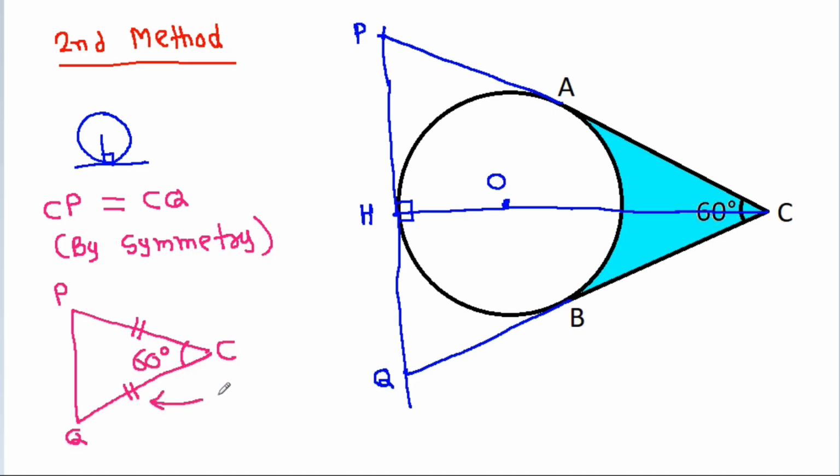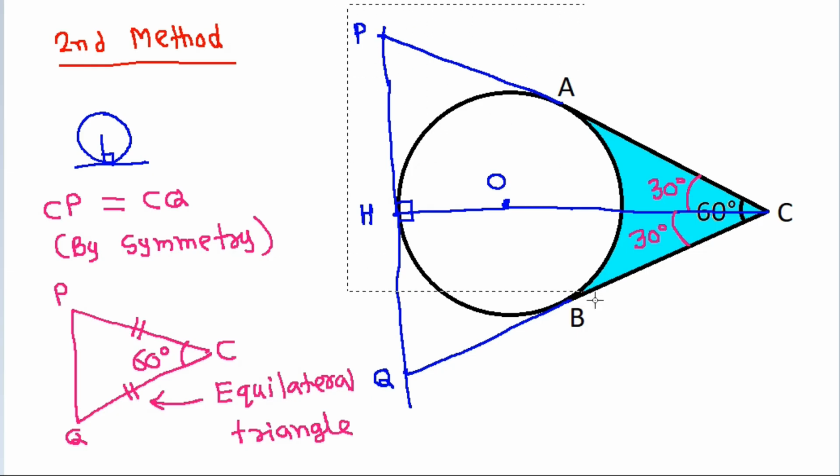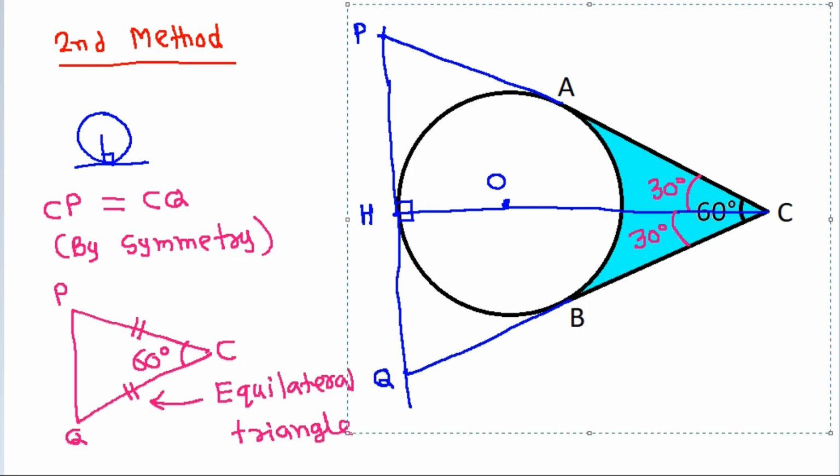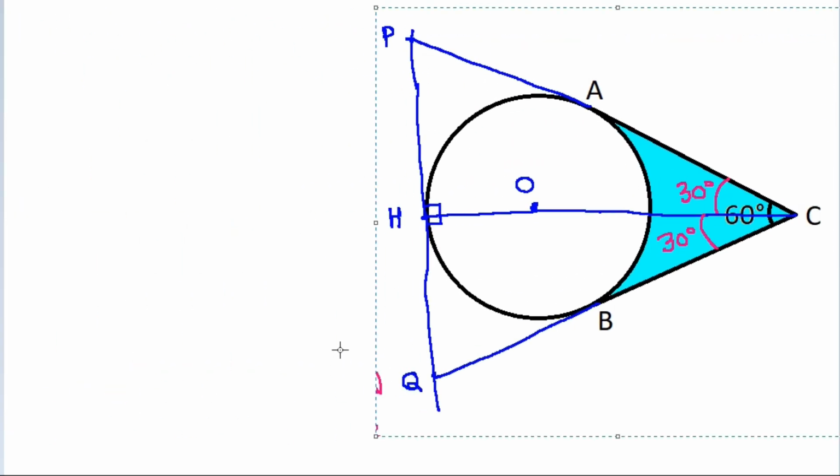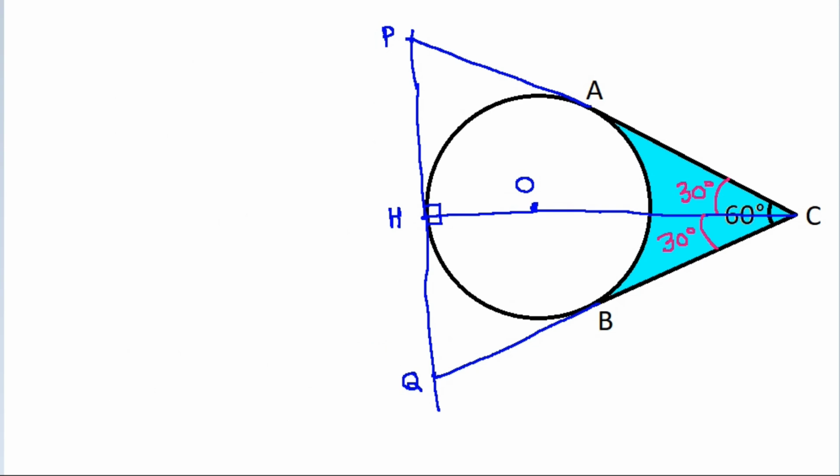That means CPQ will be an equilateral triangle, and also these two angles will be equal and 30 degrees. And now